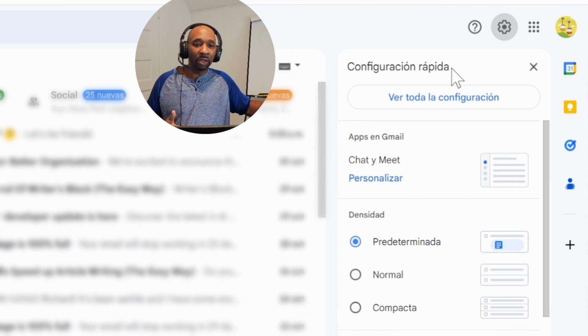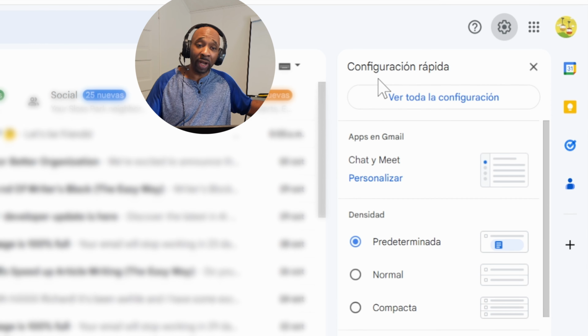In English, better known as rapid configuration or fast configuration. Just a little side note: in English, we say the adjective first, followed by the noun. In Spanish, they'll say the noun first, followed by the adjective. So it's just a little in reverse as opposed to the way we do it in English. They'll say configuration rapid. We'll say rapid configuration.